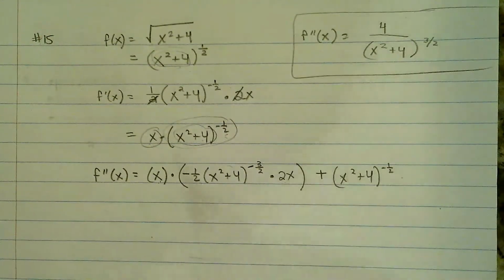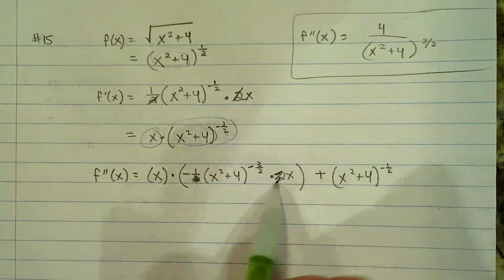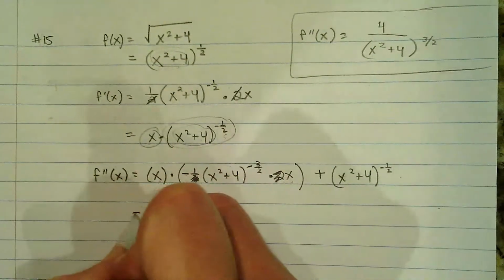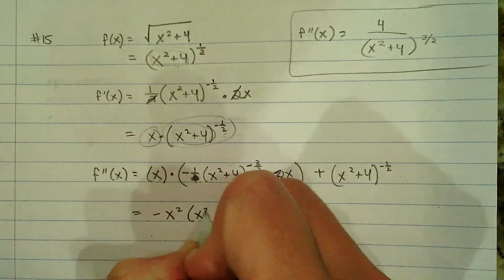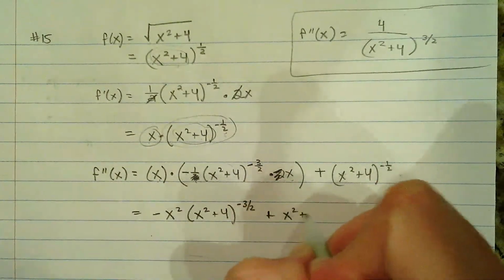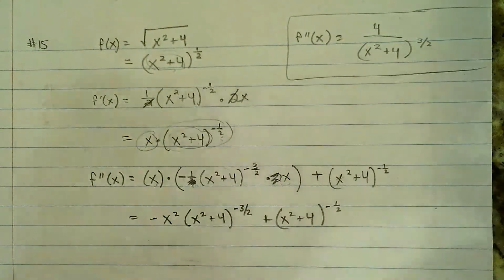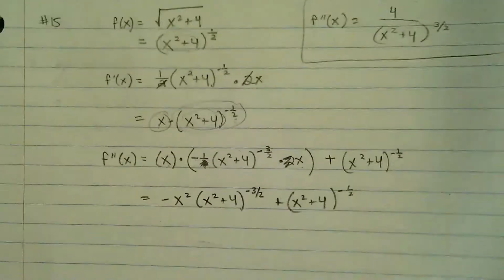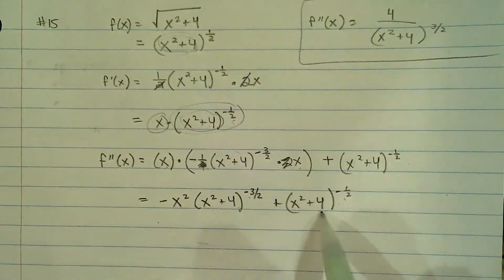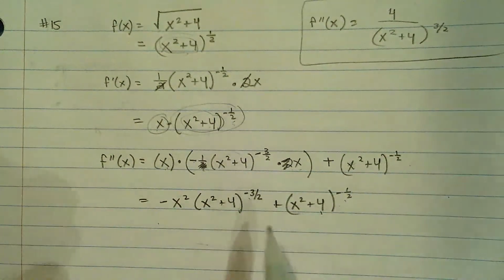So why write it? So I can clean up this 2 and this 2. This side ends up being a negative x times this piece. So negative x squared times (x squared plus 4) to the negative 3/2 power plus (x squared plus 4) to the negative 1/2 power. I'm thinking of maybe factoring right here. So with a double negative exponent but the same base of that exponent, when we talked about factoring at the beginning of the year, you take out the one with the,